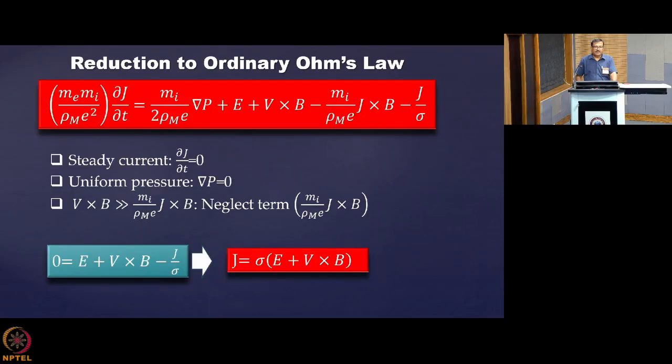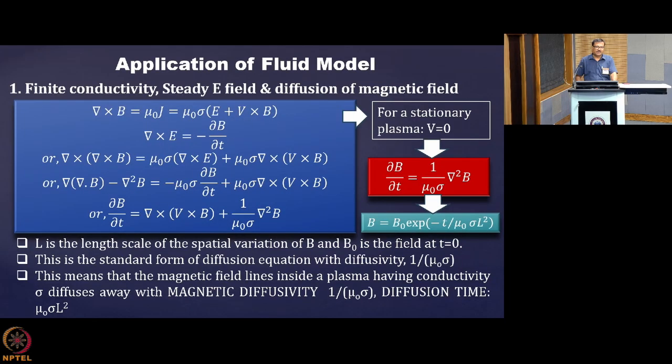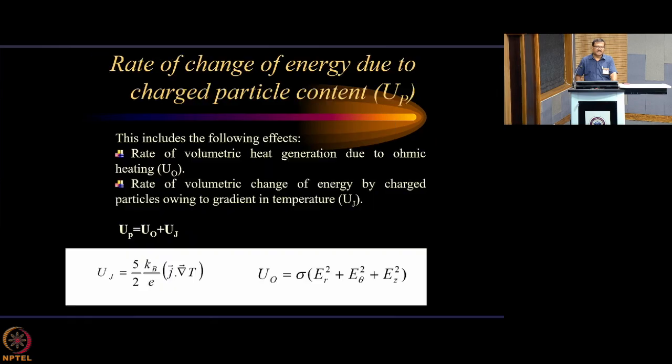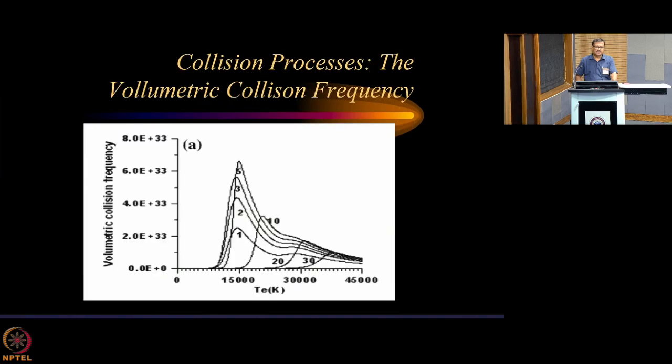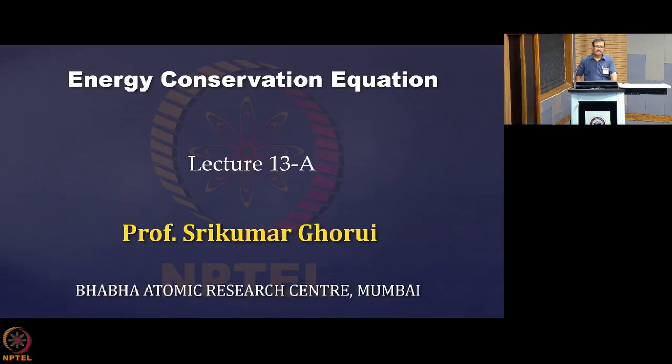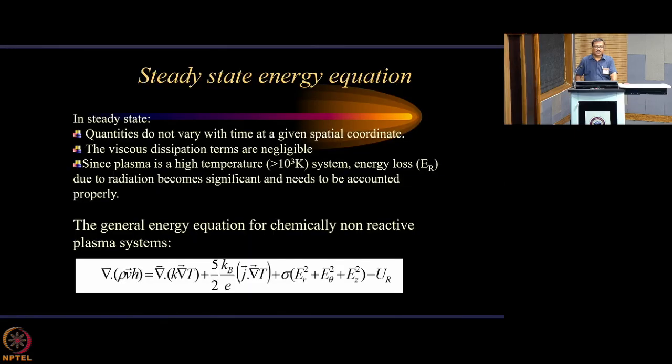I'll now come back to our net energy equation. These are the different contributions that appear in the energy equation, and finally we reach this steady state energy equation like this. Why do we say steady state? Steady state means that the system has reached an equilibrium and nothing is changing.